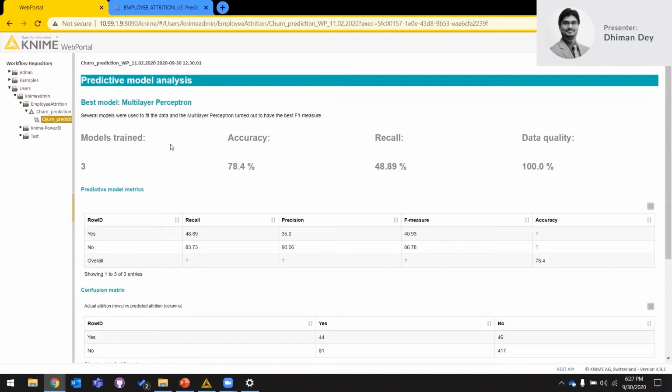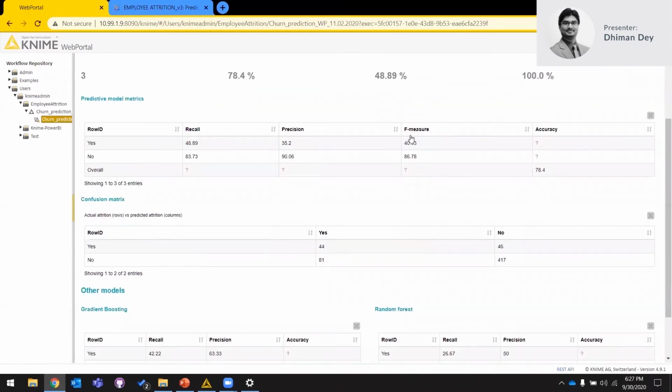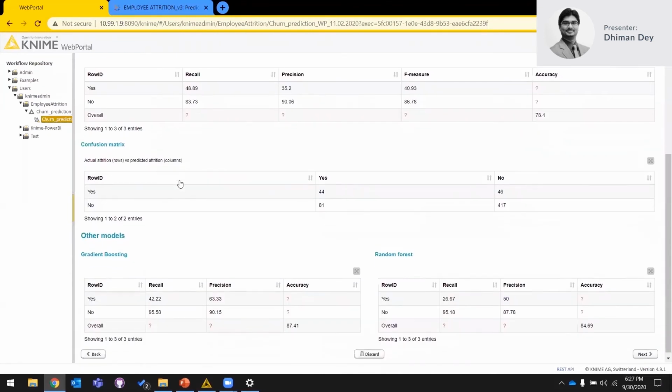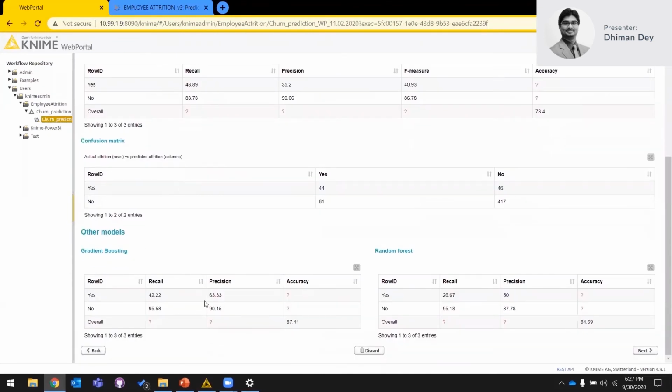In that case, we need to try to minimize the false positives as much as possible. From a technical standpoint, we would target the maximum F measure that is possible. The best model was the multi-layer perceptron, and we also get the summary of the other models that we have used, like gradient boosting and random forest.